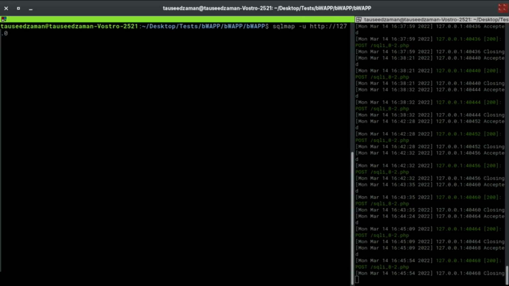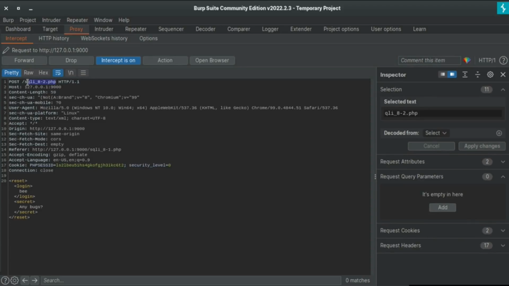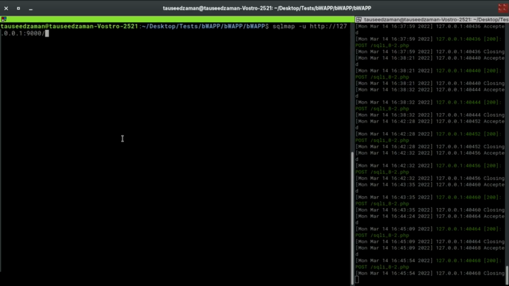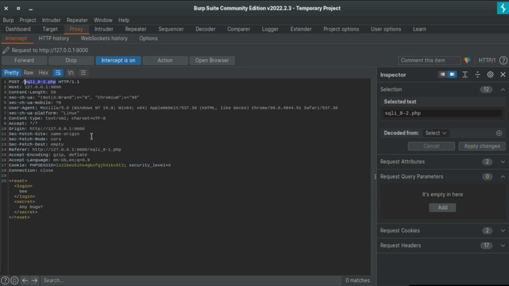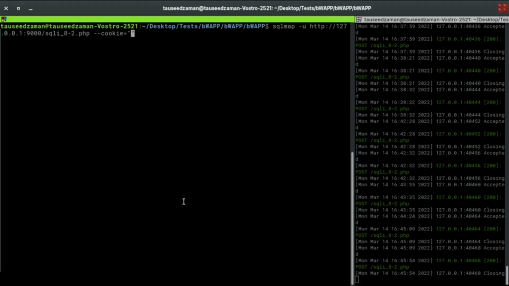So sqlmap, with the -u flag for the URL, which is http://127.0.0.1:9004, and the file name is sql_tagging_2.php. Let's paste this, and for the cookie, let's set the cookie from Burp Suite, which is right here. Copy this and paste this, otherwise this will not process, so it is required. Let's send the data, which is